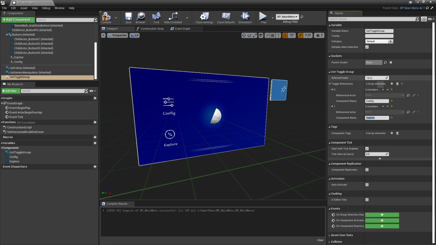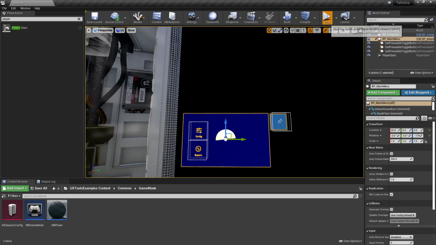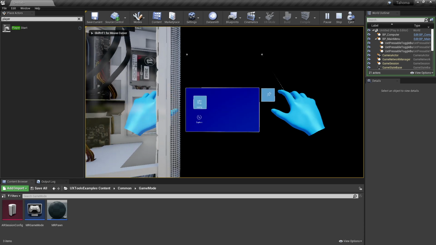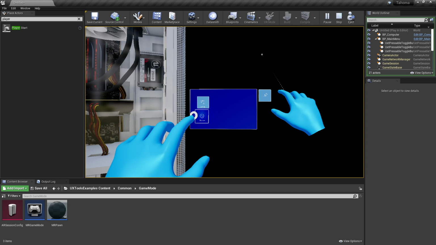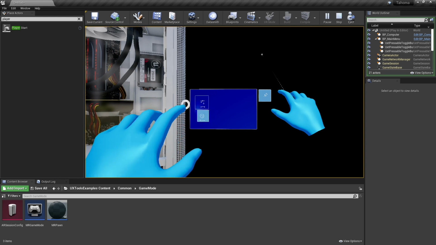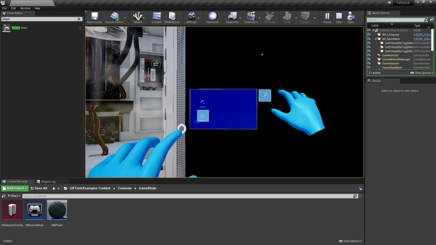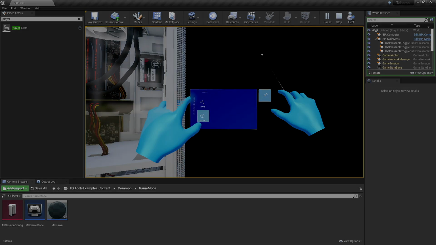And we can give it an initial selected index. We'll say index 0 is the initial selected one. Now if I hit play, config is toggled on initially without me having to touch anything. And if I tap explore, config toggles off and explore goes on, and vice versa. That's what I'm looking for.